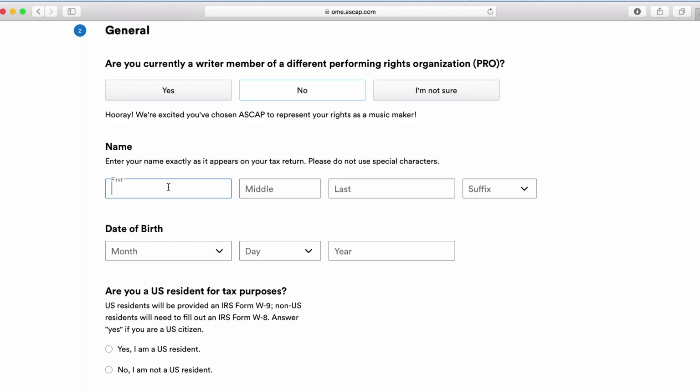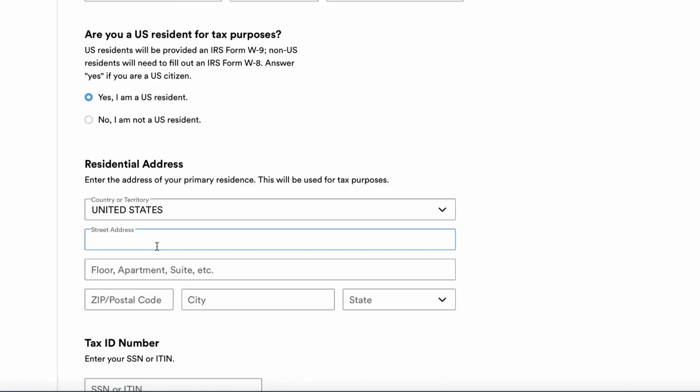We're going to enter your name exactly as it appears on your tax return. Please do not use special characters, so put your first, middle, and last name. You will also enter your suffix if that's applicable to you. Enter your date of birth, the month, the day, and the year. You'll enter yes, I'm a U.S. resident, or no, I am not a U.S. resident, followed by your residential address,